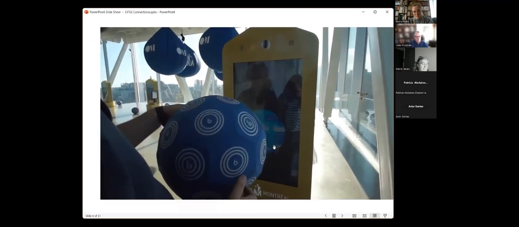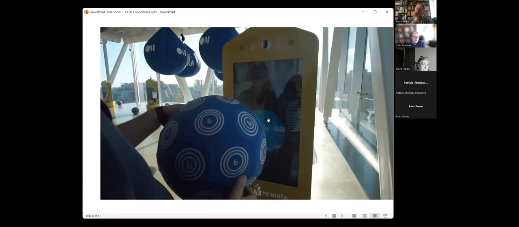A globe that you can see recognizes the points with this camera, and is looking at the globe and gives me some information. I would not say that this was very successful from the point of view of the user, because it was really, you look at the screen, and